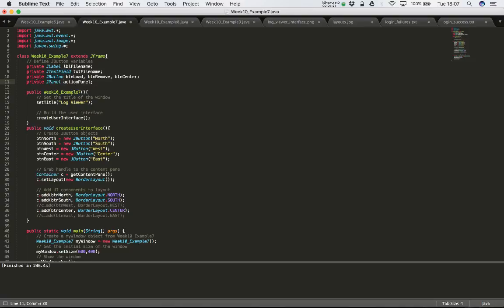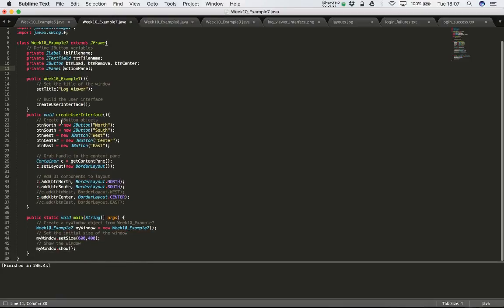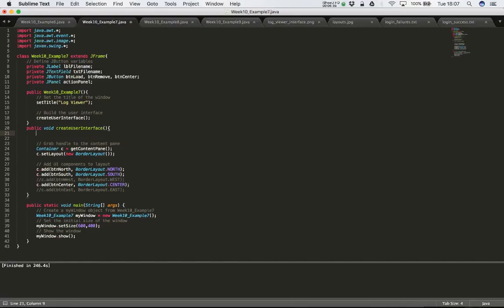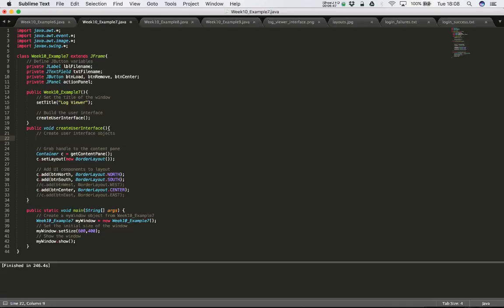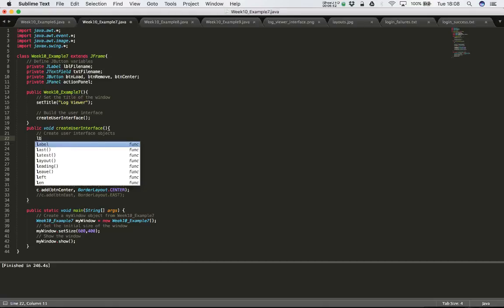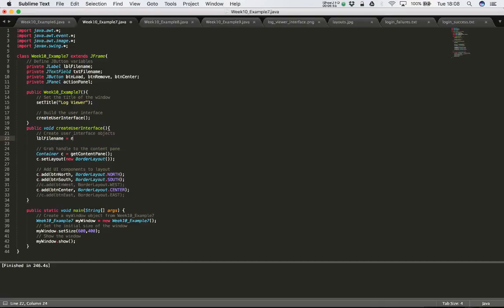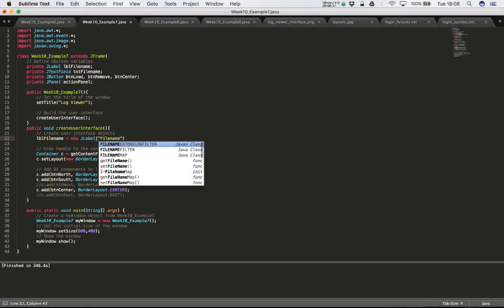So that's all of the variables that I'll need to build up this interface. And what we'll do now, down in the create user interface method, we will produce the code to do that. So first of all, because I've changed the variables, the user interface that I need, I'll need to create those. So create user interface objects, and I'll do it in the same order that I have them declared in. So I'll say lblFileName equals new JLabel, file name,